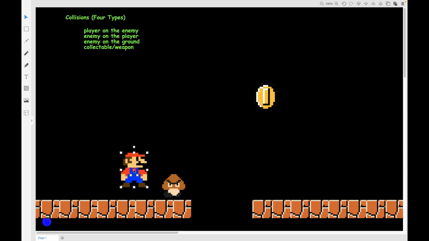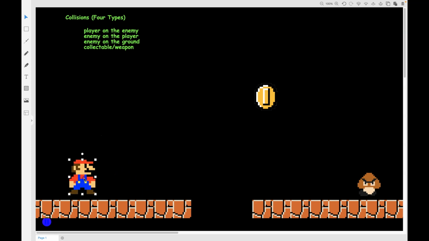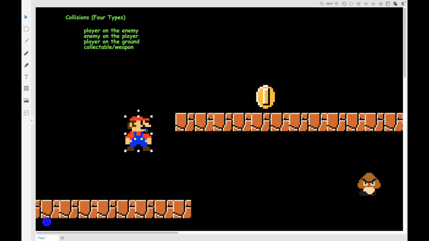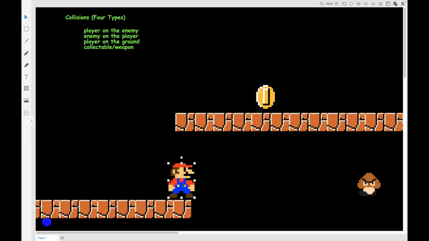And then we want to be able to have our player, and I said enemy on the ground. Really what we meant is player on the ground because he's going to be dynamic. Now, if we need to set up some type of situation where, say, our player is able to jump onto multiple platforms, we're going to have some type of setup so that we're not all just defaulting on one line, but that if we jump up, either we're jumping through our obstacle, or let's send this back,